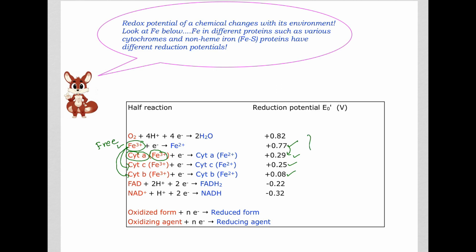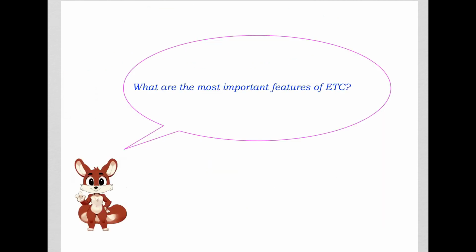So taking a chemical and putting it in a different environment can change the physical as well as the chemical properties of that chemical. This is a trick that a cell uses quite often. Okay, so with this background on the reduction potential, now we should be in a better position to understand the